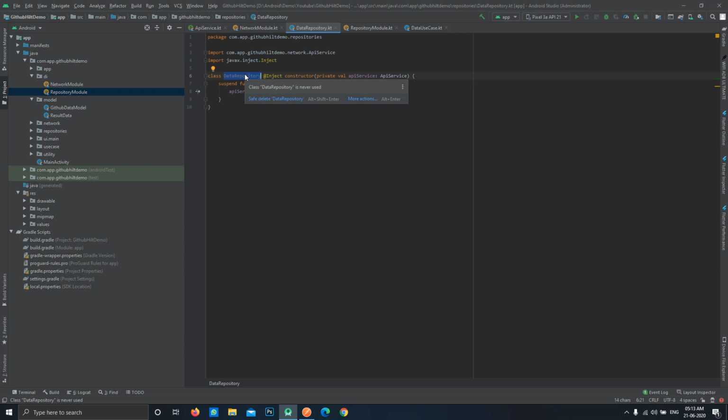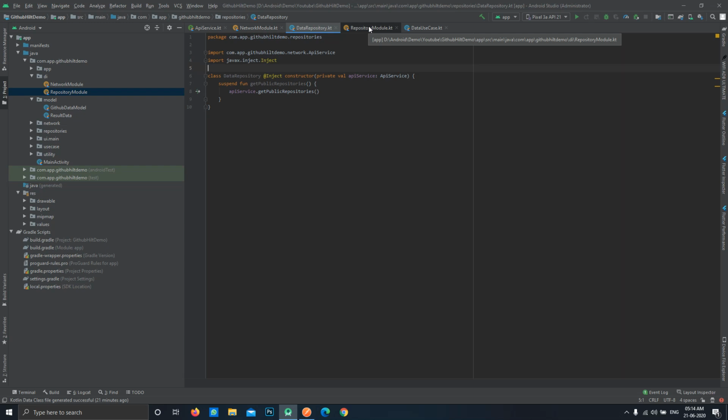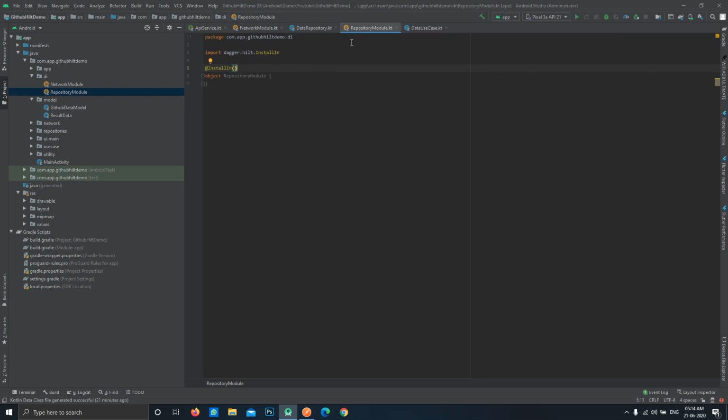Whenever our activity or fragment gets destroyed, this instance should also be destroyed. And moreover we will be using this in our view model to call these APIs. So we'll not be using the activity component, but we will be using the activity retained component. As I told you in previous videos, you can go there and check.